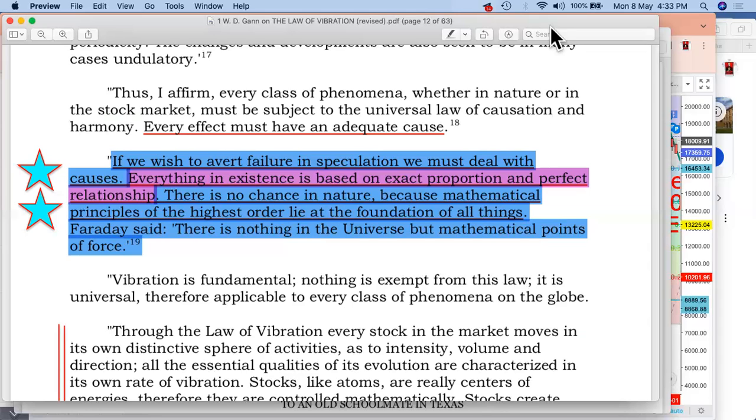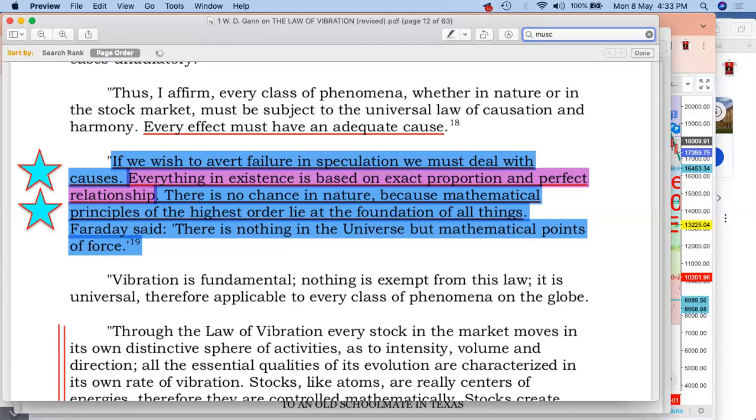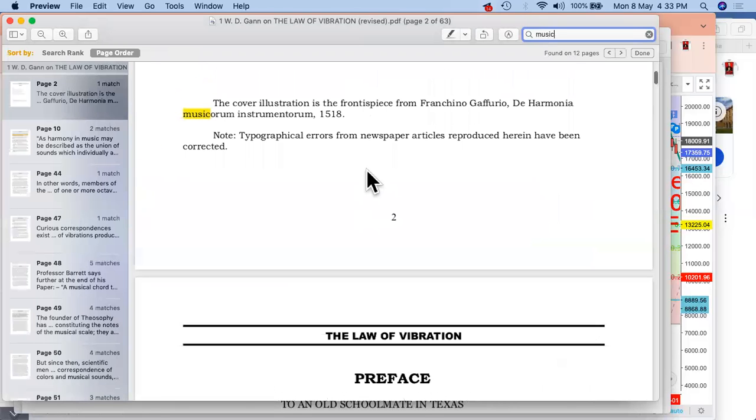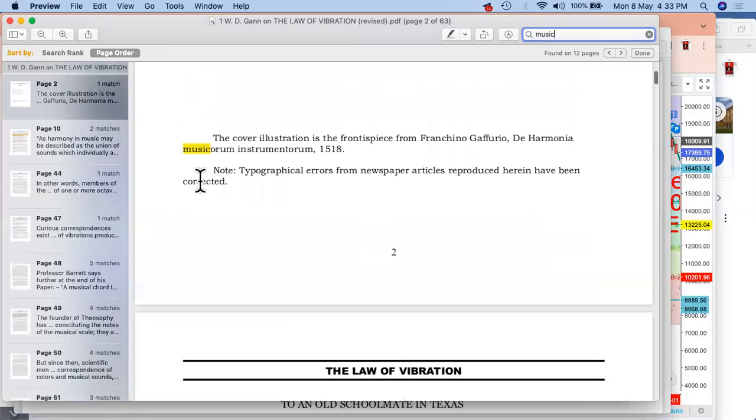So yes, these are some of the first parts we would try to understand, in terms of music also, because there are various interpretations which have been given for music. Let's say I try to find out more about music over here. So we see various aspects and details together. Musicorium. So this is one thing.